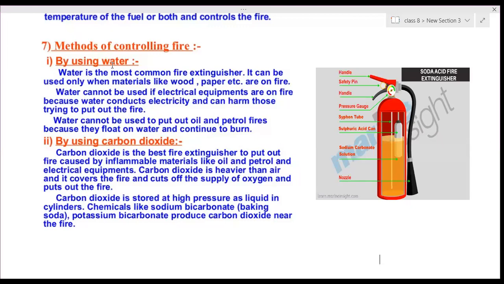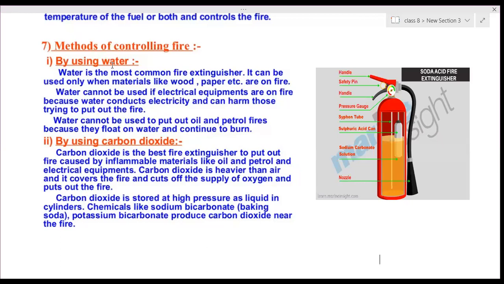So the fire cannot be extinguished by using water in case of oil and petrol, and in case of electrical equipment, the water becomes a good conductor of current. It will carry a current and cause severe shock to the people standing in that water or helping to put off the fire. So it is much more difficult. So we use water only when a fire has broken out due to wood or paper, or any house burning where electrical appliances are not there.